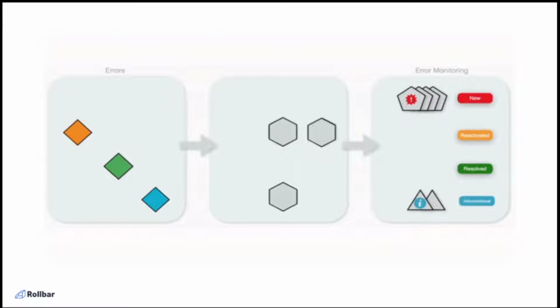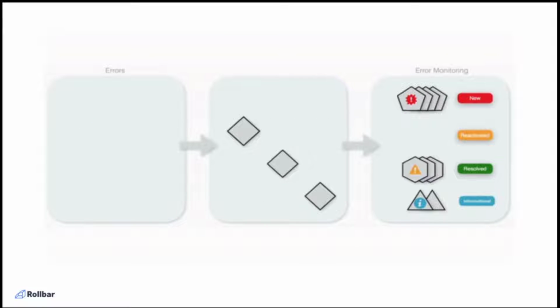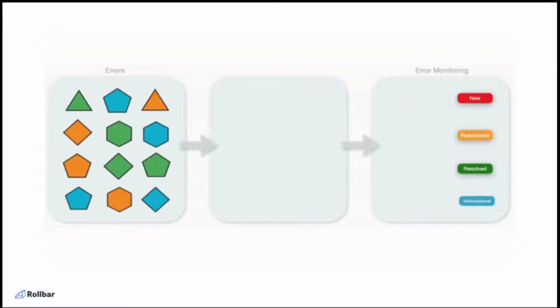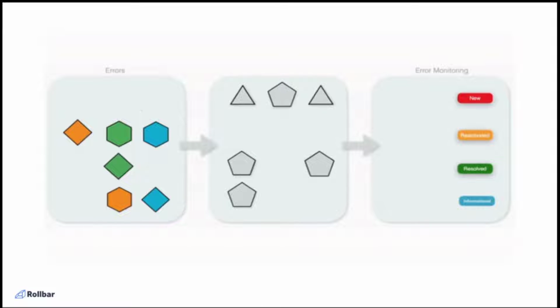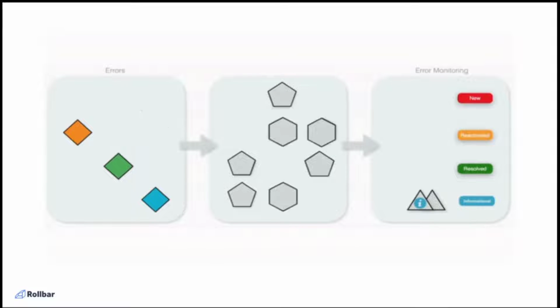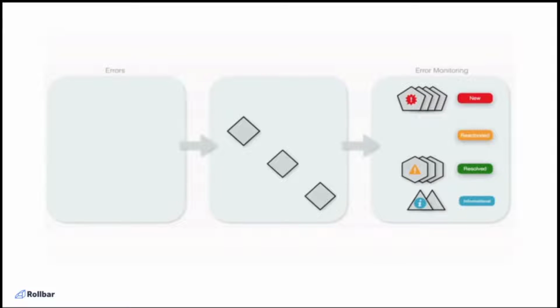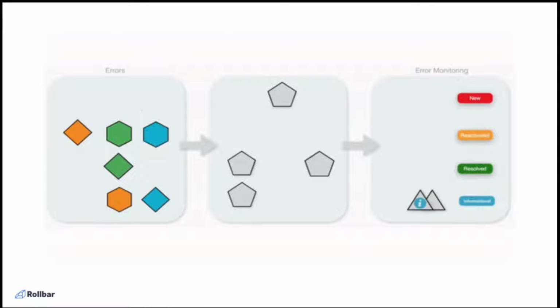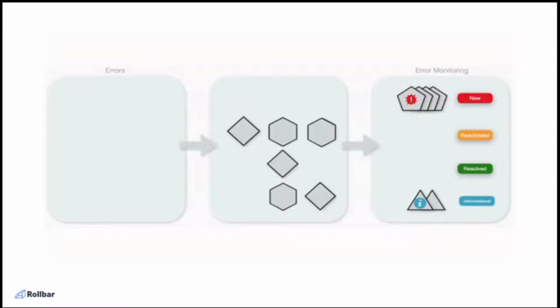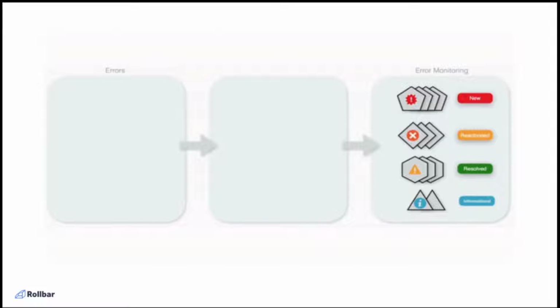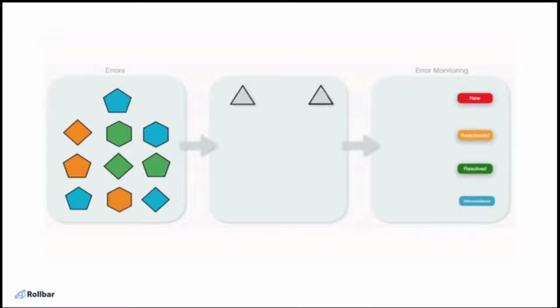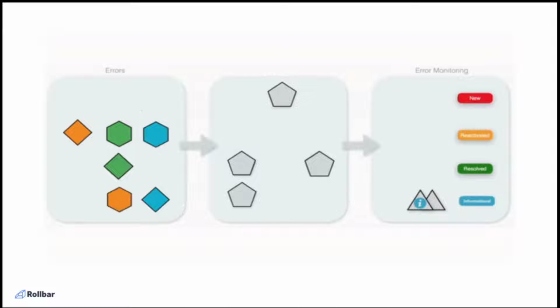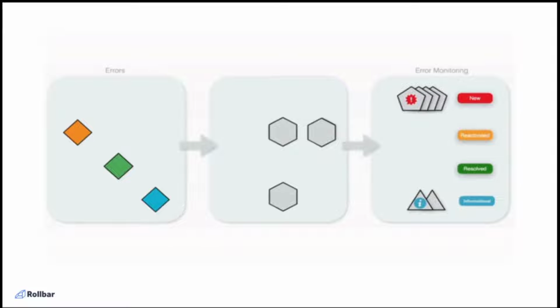So what you want is a solution that takes the errors, moves them onto a normal log file, but then processes those errors and allows them to be correlated to each other through some type of fingerprinting system that says this error is the same as that error. The only difference is the line of code, or the wording of the error message was slightly different. Also, certain errors are new, some errors are reactivated, some errors have been resolved, and some errors are just informational. So you want to know that. You want to be able to pull all that together.